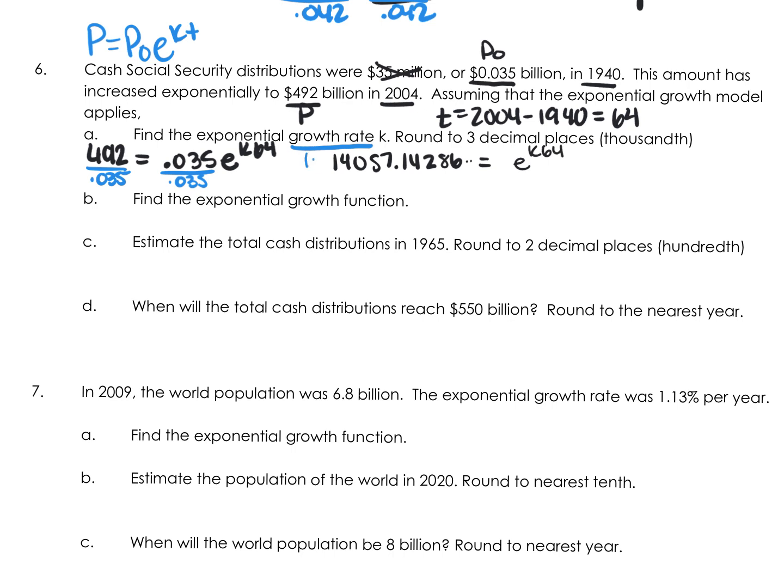So then we'll ln both sides. That'll cancel out the e. Ln of that will be 9.5508. You can either leave the 4 decimal places or just keep that number. It doesn't really matter on these whether you do 4 or whether you go further in. Just keep the whole number. And then if we divide that by 64,